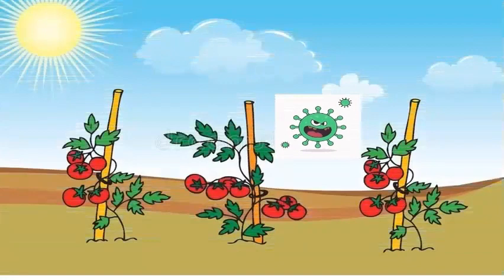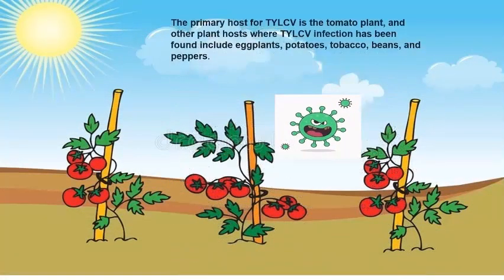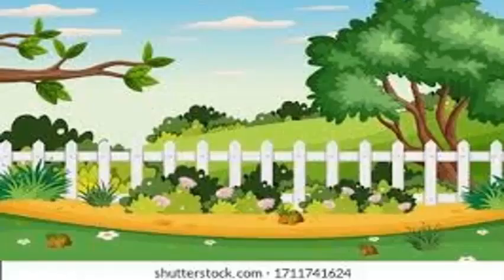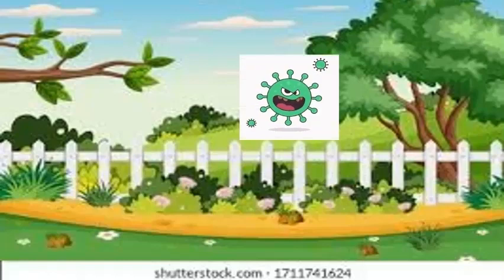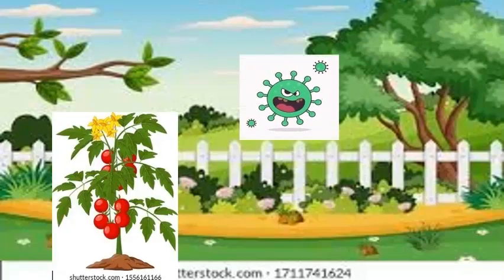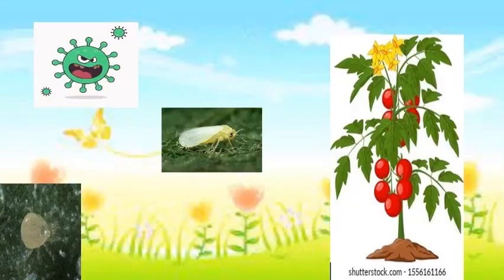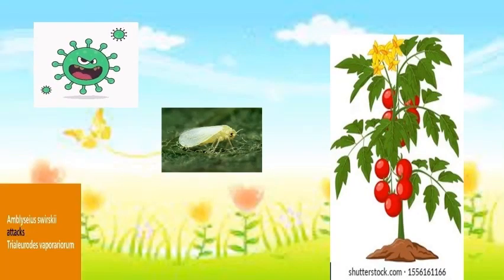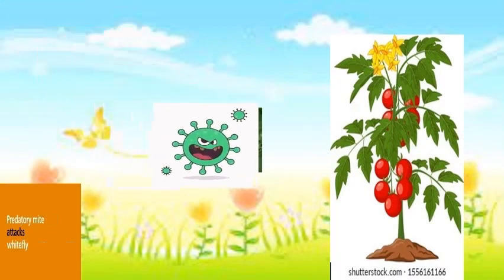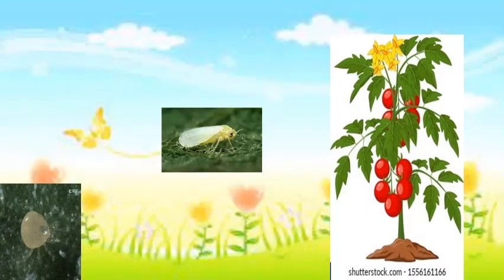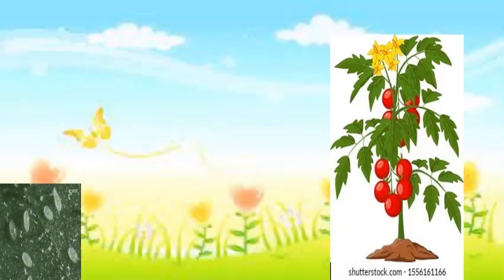The primary host of tomato leaf curl virus is tomato, but it can also affect other plants like eggplant, potatoes, beans, and pepper. Due to the rapid spread of tomato leaf curl virus in the last few decades, there is increased focus in research trying to control this damaging pathogen. The virus is transmitted from infected flies to non-infected flies sexually.